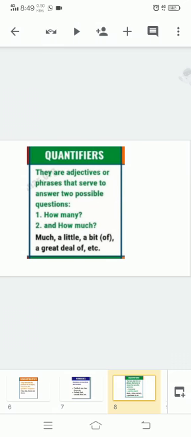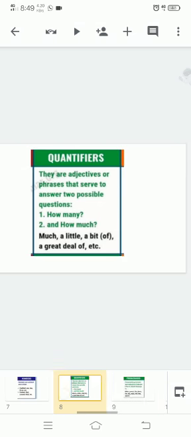Quantifiers tell us about quantity, like how many and how much. We get words like few, little, less, much, many, a little, a bit, a great deal of, more, some, any. For example: he has few friends, there is little time to complete the project, how much money do you need, I know many people in this city. So with quantifiers, always remember that we get two possible questions from this: how many and how much. They fix the noun by giving it an appropriate number or amount.